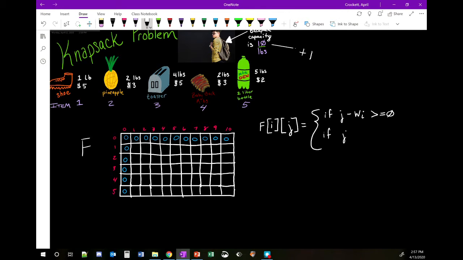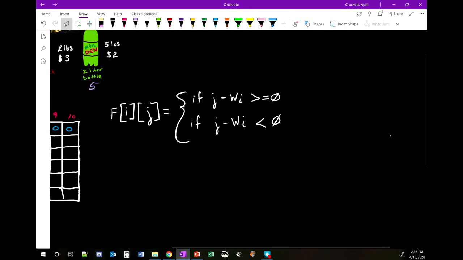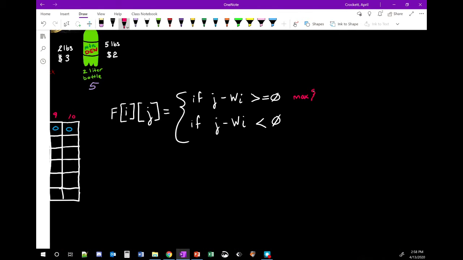If J minus WI is less than 0, then we're going to do a different thing. Okay, so what are we going to do if it is greater than or equal to 0? We are going to find the max of f of I minus 1 comma j,